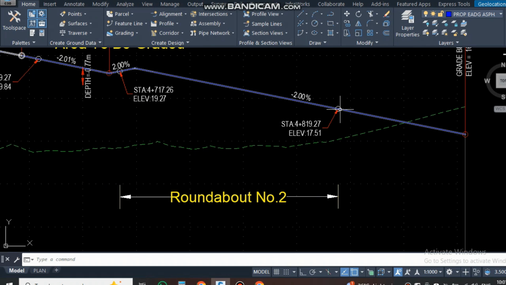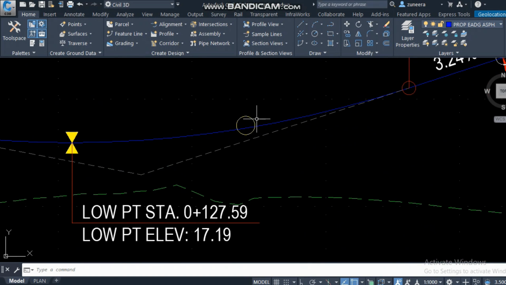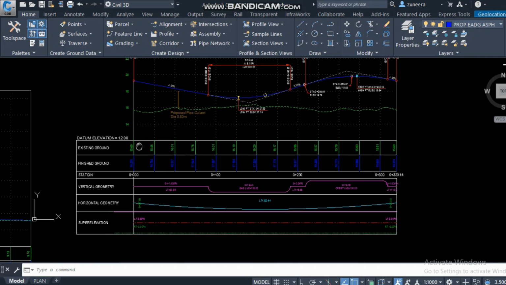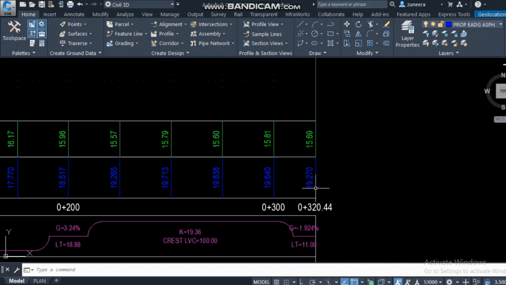This station I took from the main road, this is the point, because the roundabout is rotating like this. So I drew a circle, so I know exactly where my profile will pass for this point, and then again the